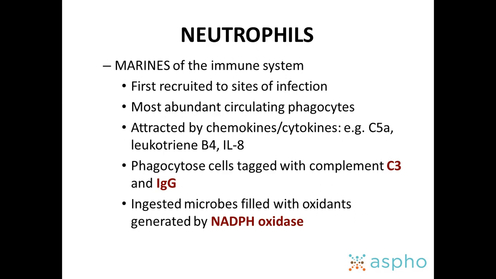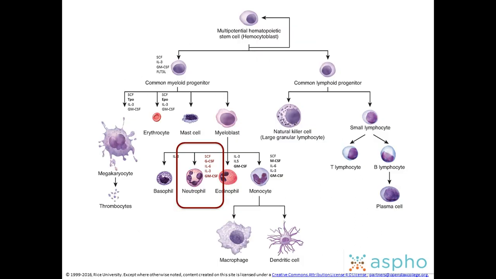And then they'll gobble up whatever is tagged with these opsonins and put them into their vacuoles, and then release their poison into their little gas chamber with the NADPH oxidase. So if you break it down, I'm going to go over some of the mechanics first, but then what I really want to focus on, because I think it's going to be on the boards more, is what diseases result when these processes are broken.